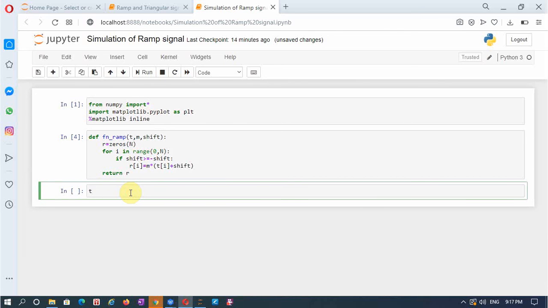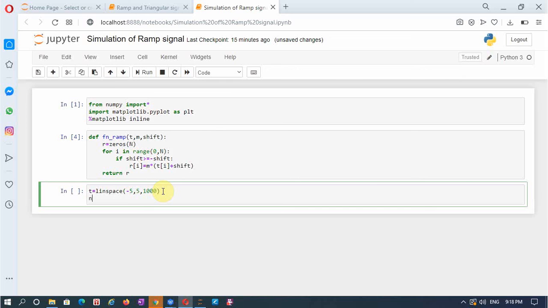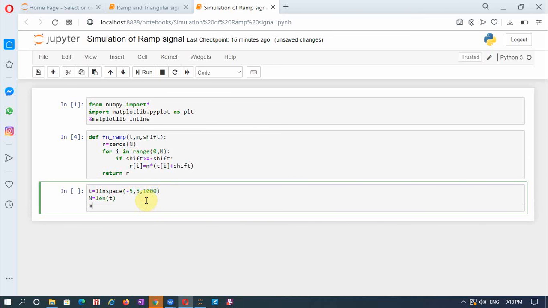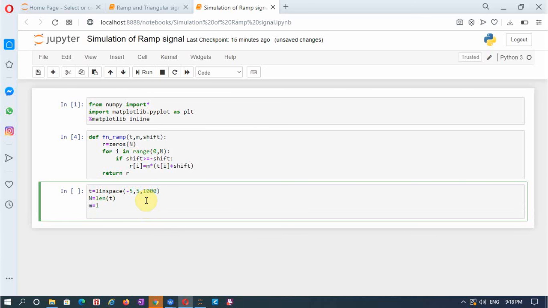Now let me define the value t as linear space between, I'll take minus 5 to plus 5, and I'll make it some 1000 points so that I will have an accurate curve. And then I'll also define capital N. What is capital N? It is equal to the length of this array T. Also initialize the value of M. Shift is equal to 0 and M is equal to 1, let us say.